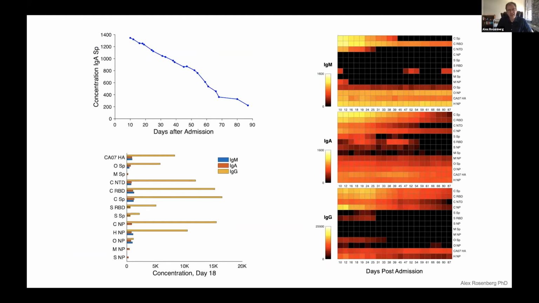So shown here are a couple of examples of how we can visualize this data. We can look at simple longitudinal plots for a single feature. In this case, we have days after admission for coronavirus on the x-axis, and the concentration of the spike protein for IgA on the y-axis, and we can see a steady